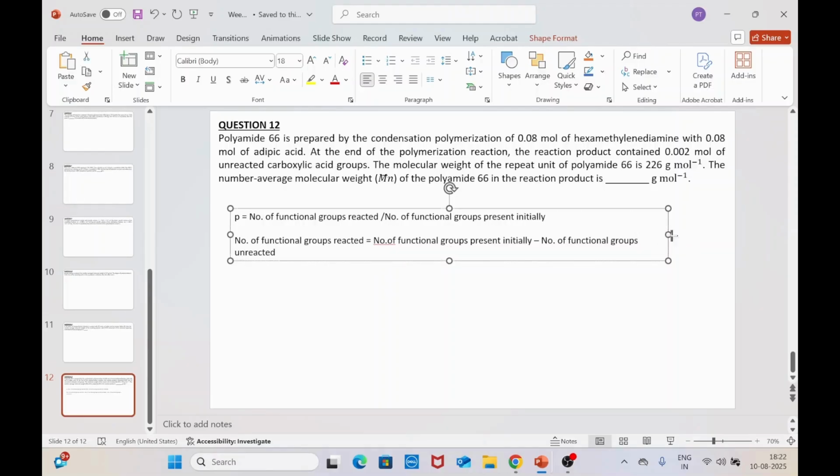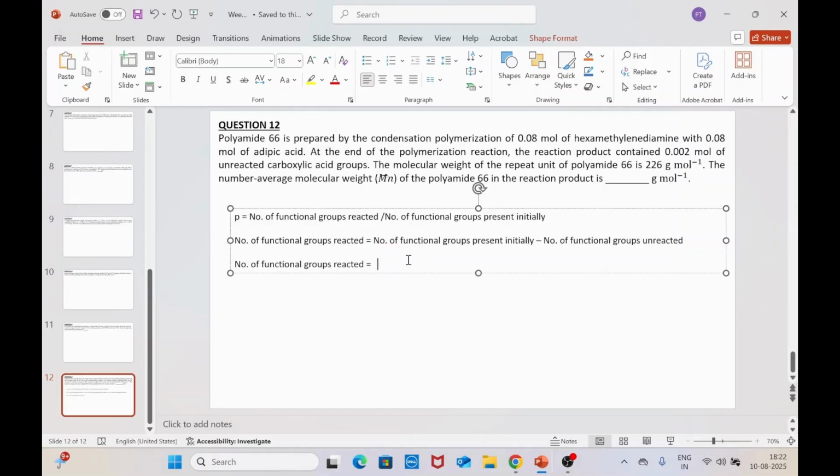Can we say this way? So what will then be the number of functional groups reacted? You can say this in terms of the moles itself, right? So present initially was 0.08 plus 0.08, minus the functional groups that are going to go unreacted,